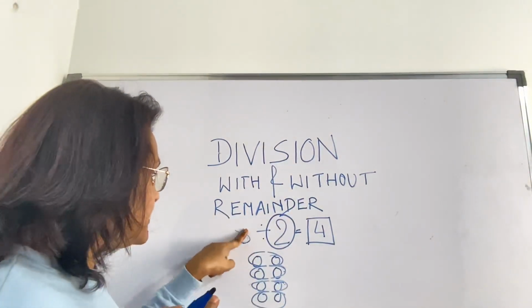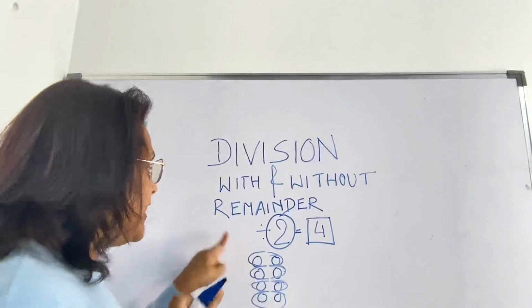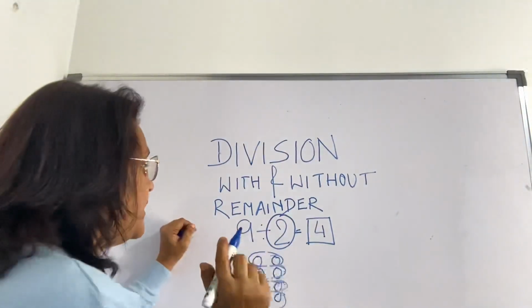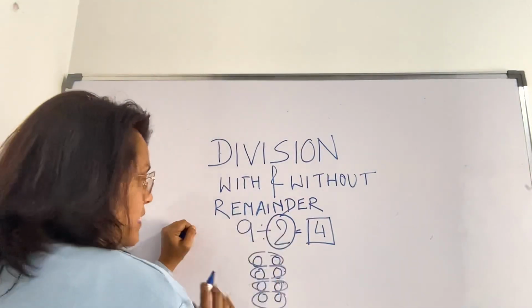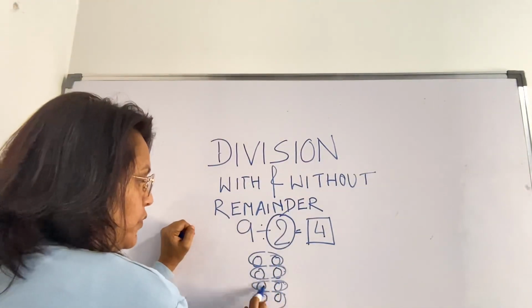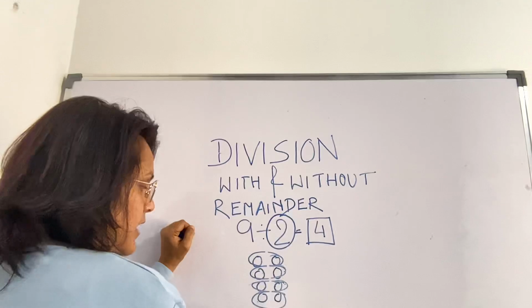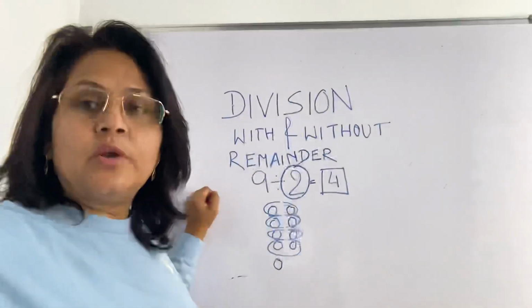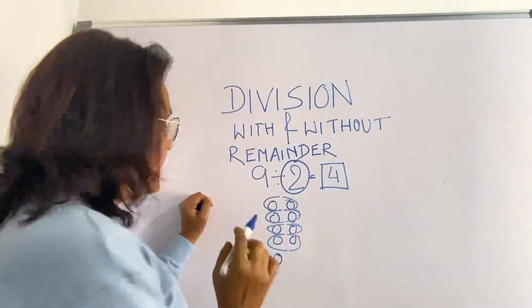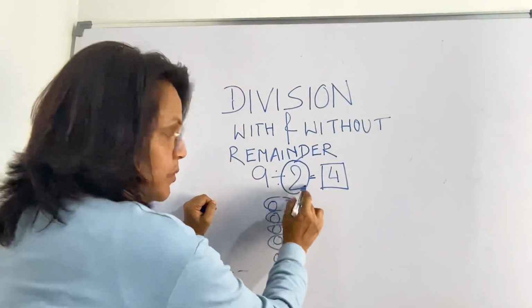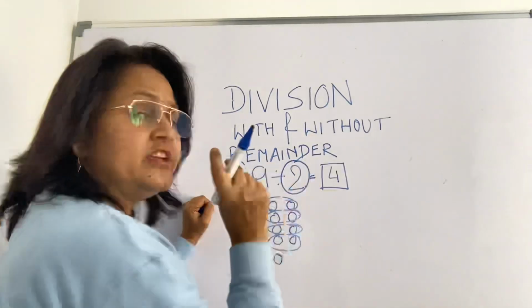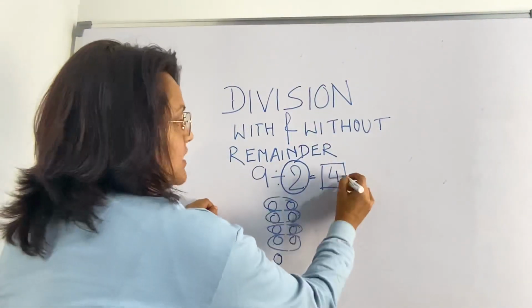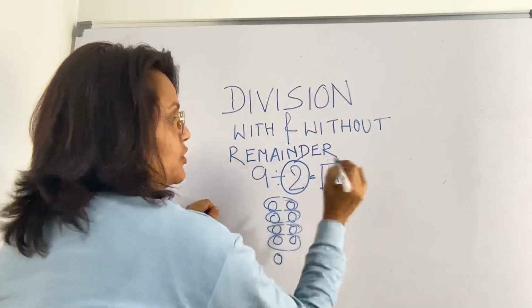Now, the same thing if we move ahead with 9, where we are sure we are getting a remainder. So 1, 2, 3, 4, 5, 6, 7, 8 and 1, 9. So one extra only we made and it became 9. As it is not a group of 2, and we circle only whenever we get 2, we could not circle. So in this case, this 4 remains as Q and